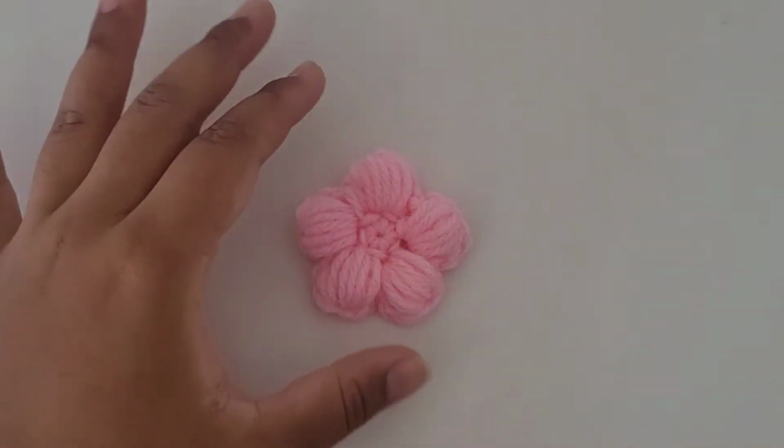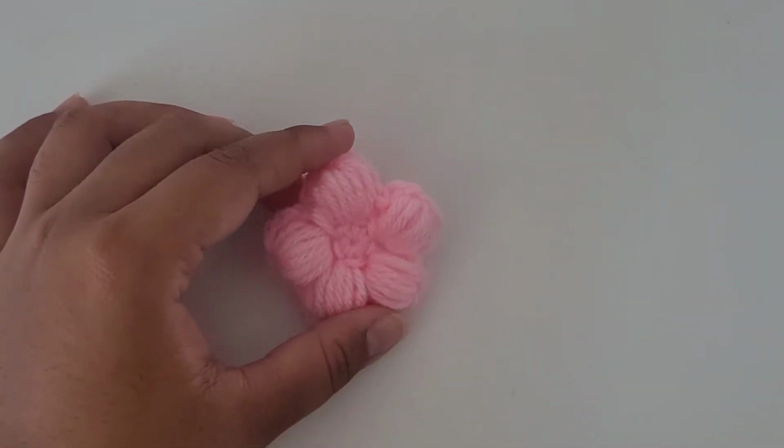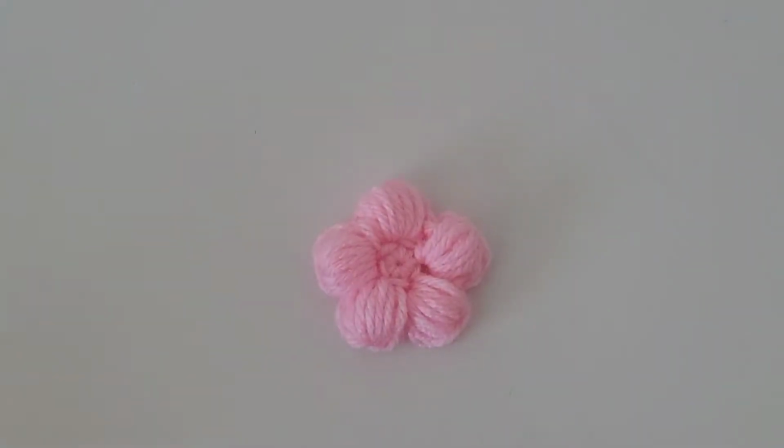For today's video, I'm going to be doing a beginner's tutorial on how to make this puff stitch flower. This is going to be for beginners, so I will go slow and be showing you how to do everything